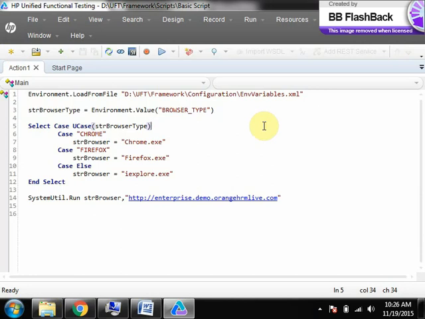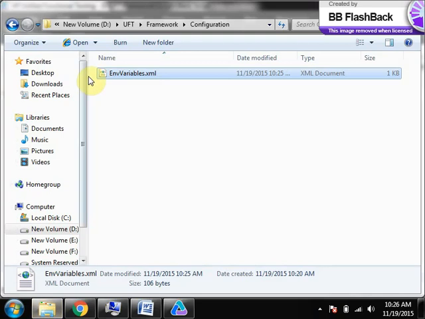But again, if somebody wants to execute, a non-technical guy, changing this XML file also will be a little difficult for them, right? But this is okay. This is giving some flexibility for you to change the browser type without modifying anything in the script.